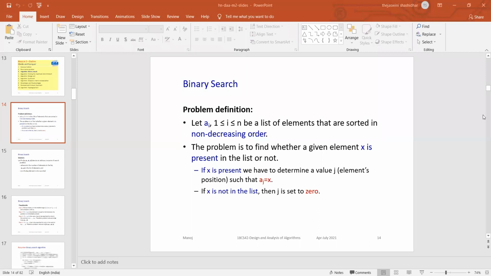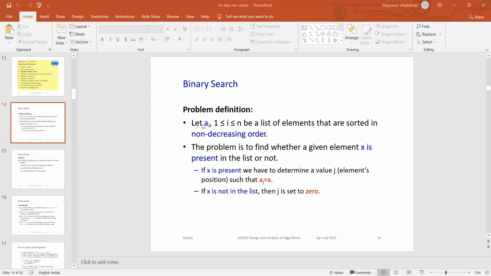Problem definition. You start with a problem definition. What binary search is going to do is search for a key element in a given array list, that is, in the set of array elements.